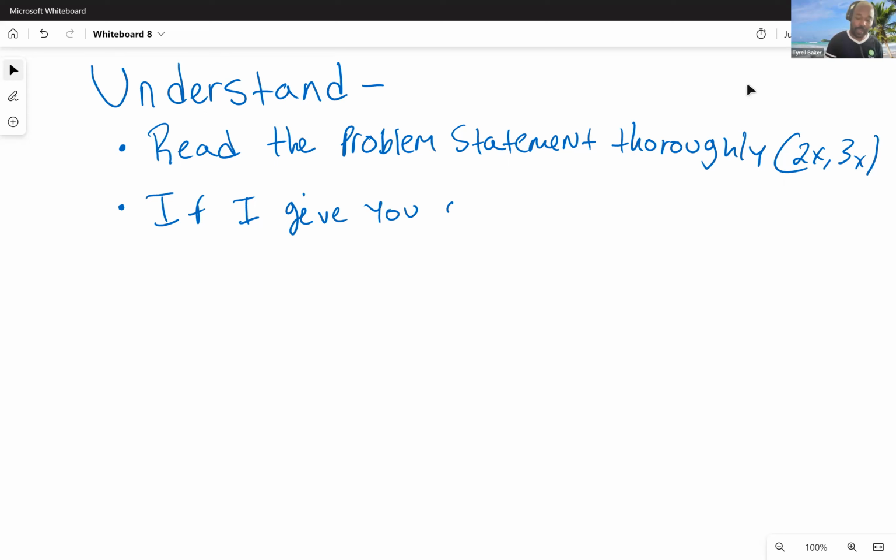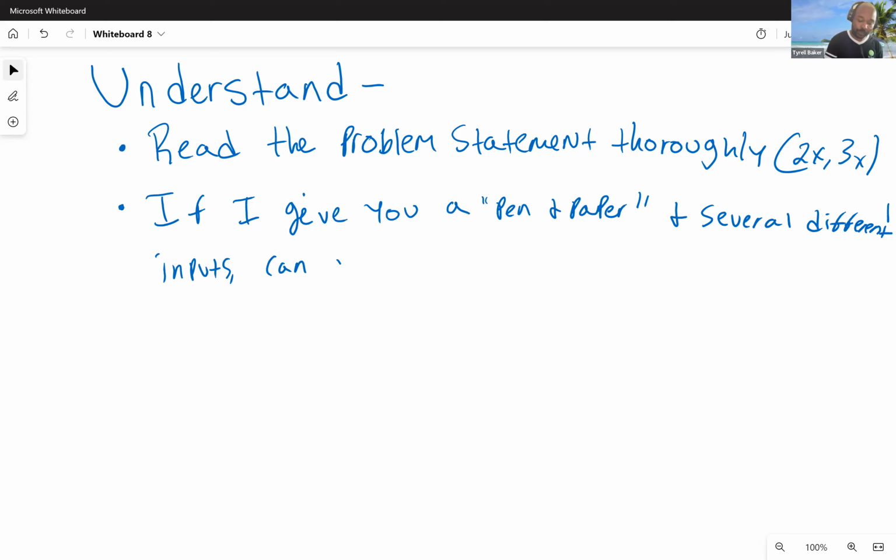So pen and paper and several different inputs. Can you identify the output?